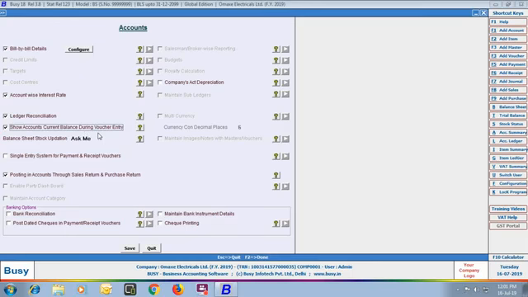Its current balance will be displayed on the screen in the form of a label. Next option is balance sheet stock updation. There are three options: manually, stock status, and ask me. If you select the manually option, then you can manually update the stock for every month in the balance sheet